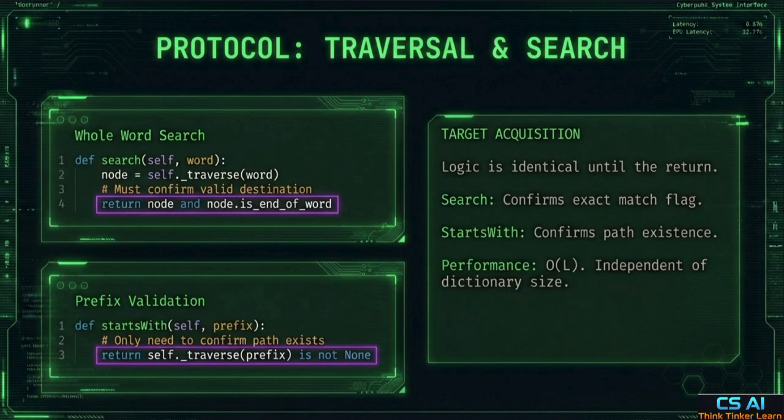Now that our data is stored, how do we retrieve it? The logic for search and startsWith is nearly identical until the very last step. We use a private helper function to traverse the path. For a whole word search, we must find the path and confirm the isEndOfWord flag is